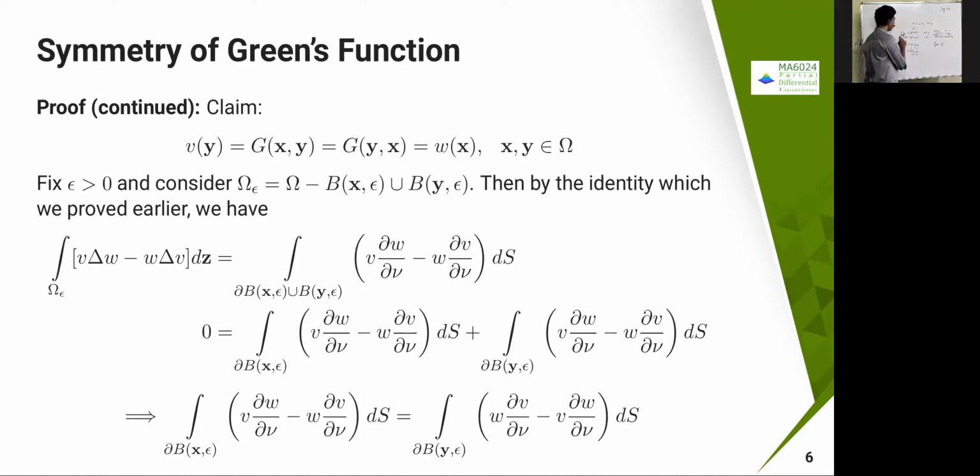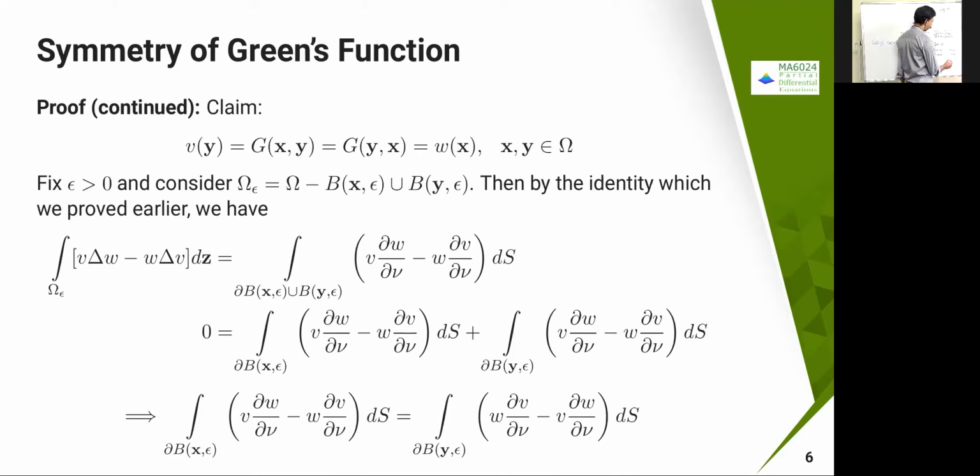Now we are dealing with two different things, g of x comma z and w of x comma z. G of x comma z involves a term pi of x minus z, and g of y comma z has a term pi of y minus z. Therefore I have two singularities: for g of x comma z, a singularity at x equal to z, and here at y equal to z. Therefore, I need to extract an epsilon ball around x and y. Then I can solve that problem.